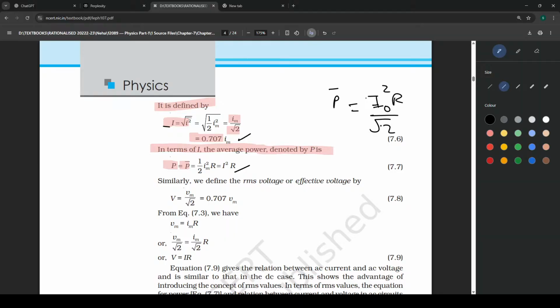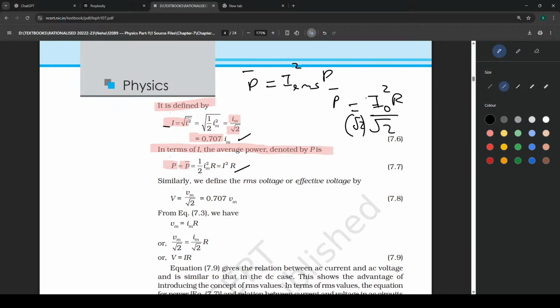So we can't write root 2 as root 2. We can't divide root 2 for two I naughts, that is, we have a square here. So that means they probably wrote 2 as root 2 times root 2. Now we have two root 2's for both I naught, and we can convert P, which is equal to IRMS